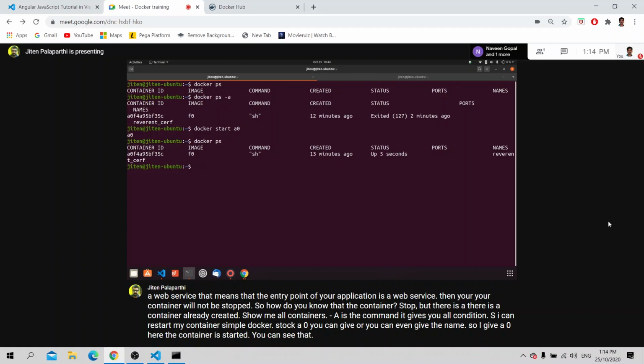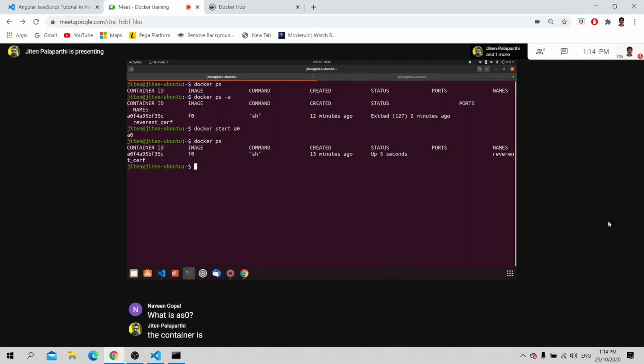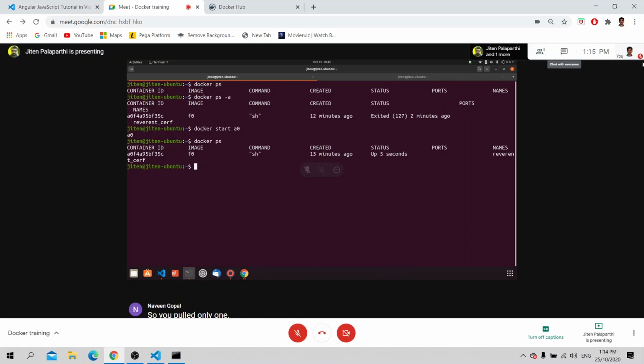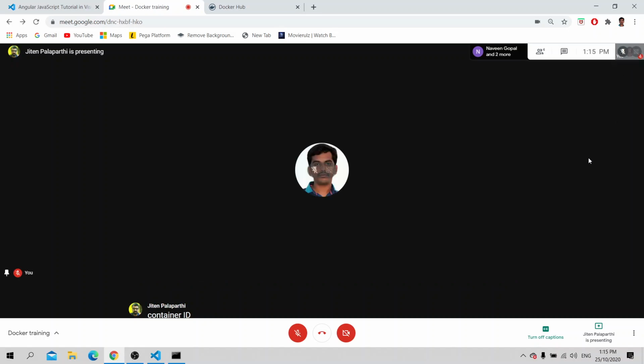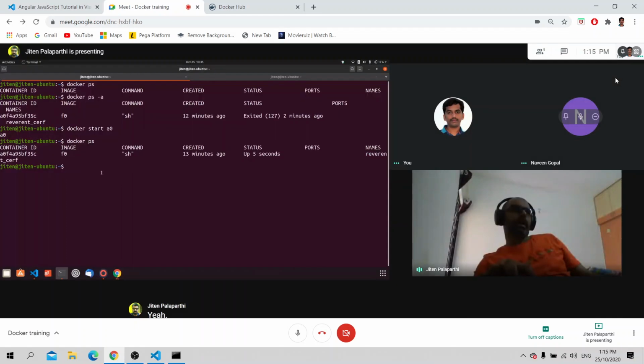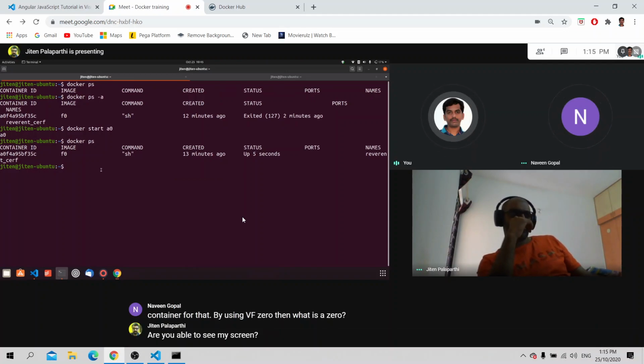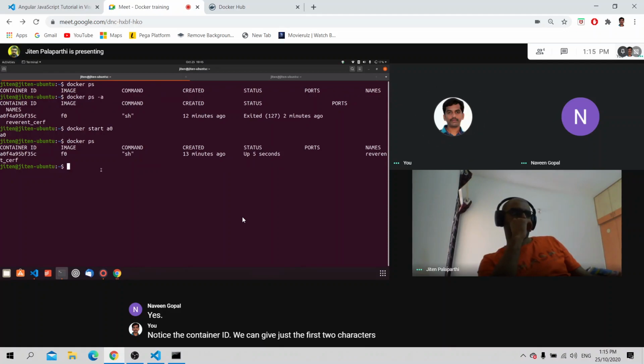What is A0, sir? A0 is the name of the container. You put only one BusyBox container, correct? I did not pull a container, I pulled the image. And you created a container for that by using F0. Then what is A0? Are you able to see my screen? Yes, that is a container ID. We can give just the first two characters that are unique.